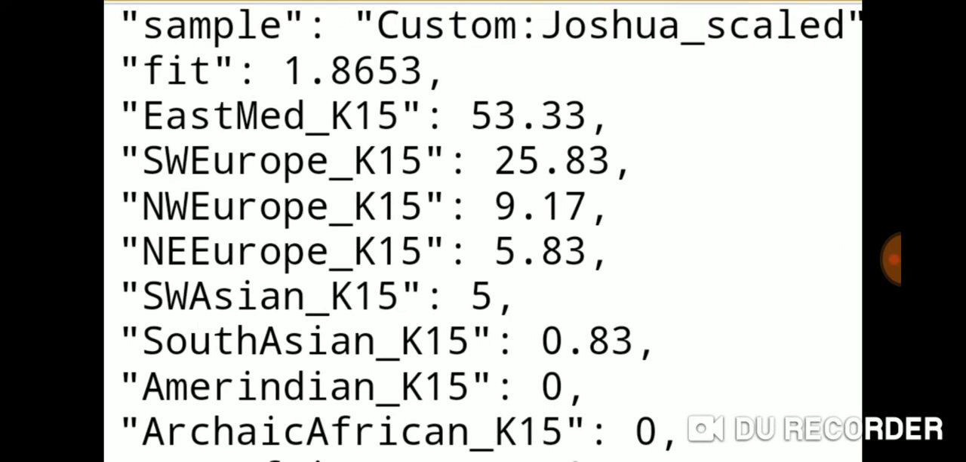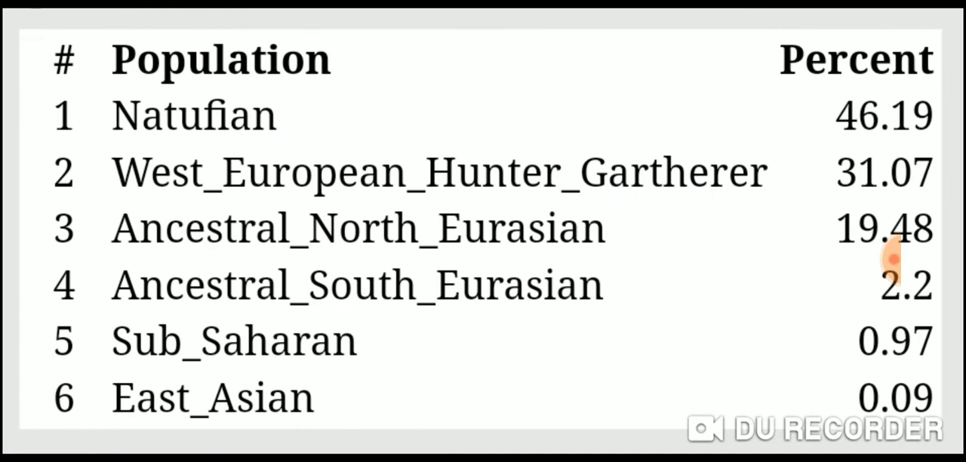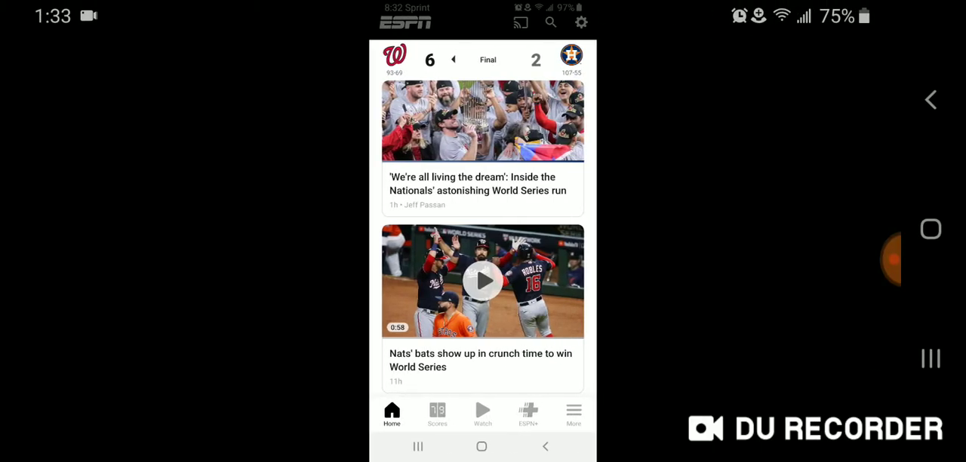And this one, again, this is the one I showed earlier. East Med, 53.33. Southwest Europe, 25.83. Northwest Europe, 9.17. Northeast Europe, 5.83. Southwest Asian, 5. Okay,